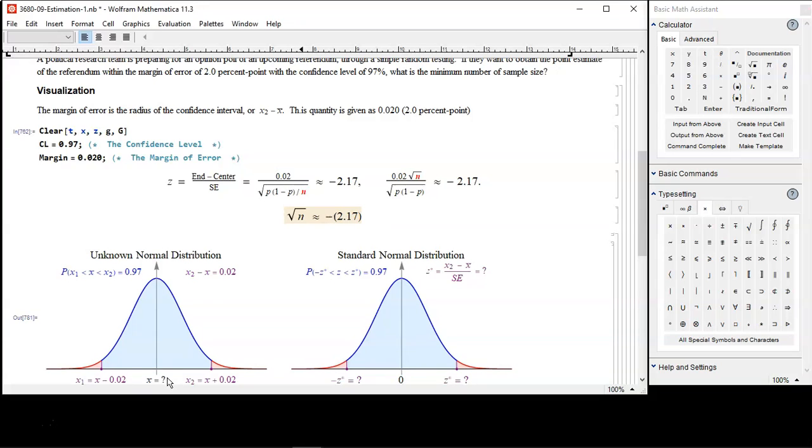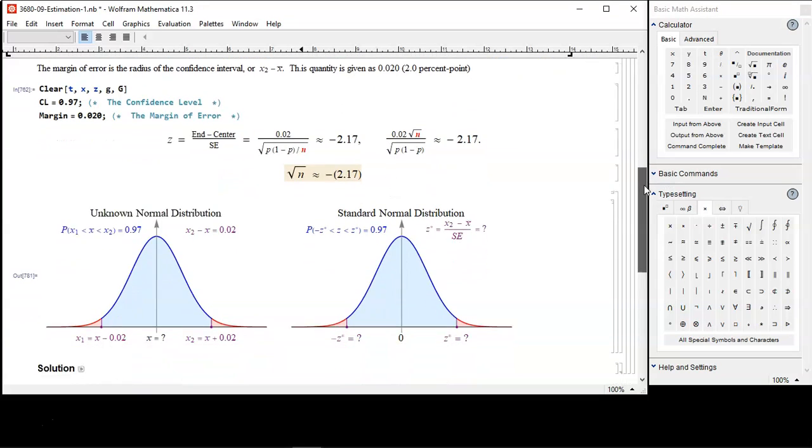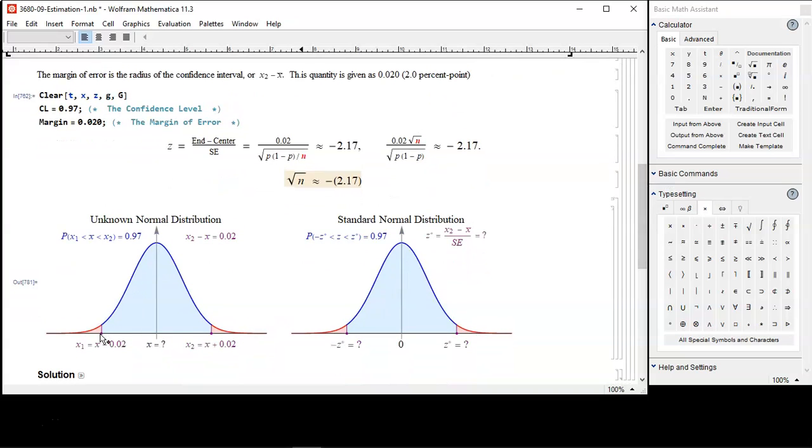oh, excuse me. If I'm gonna use negative 2.17, I'm moving to the left. So this margin of error should have negative sign. Of course, with this, you have negative quantity as a square root. That doesn't make any sense. So in the end, you have negative, and then you have another negative there, so you can actually discard those. So it should be the actual positive 2.17. Sorry about that. And then times square root of P, 1 minus P,